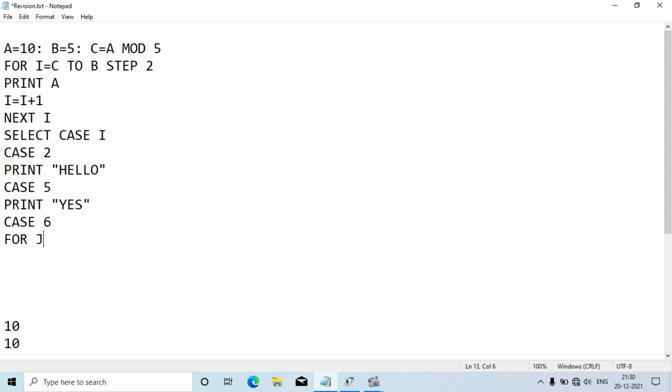Like J is already used, I is already used, so I'm writing J equal to 1 to 2 and print bye. Okay, and bye in the same line, so semicolon, and then next J. That's done. Now end select.